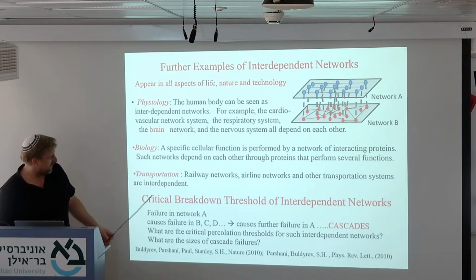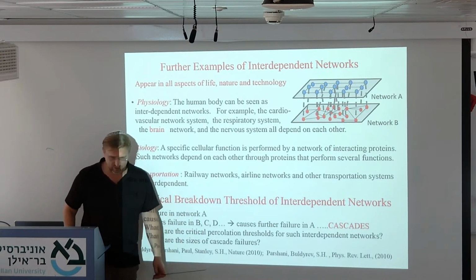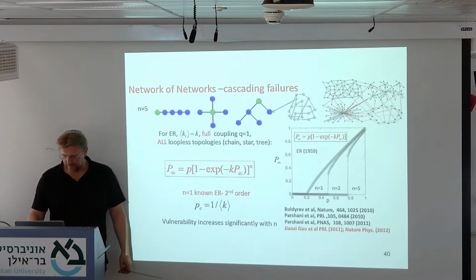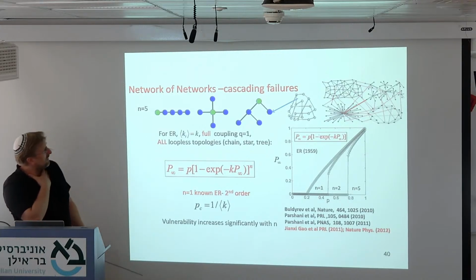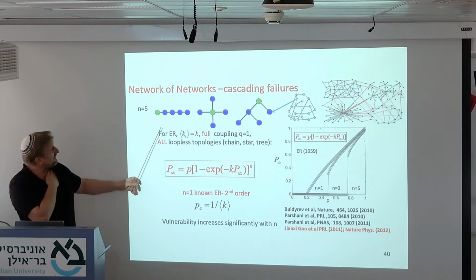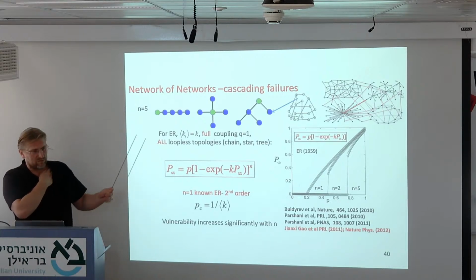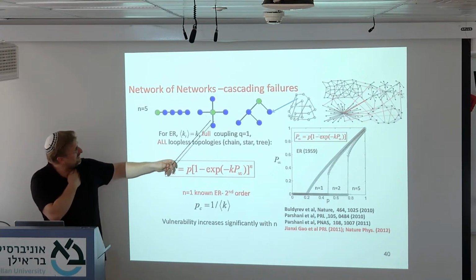And then you have this critical breakdown, or the breakdown threshold, for these interdependent networks that are important to understand. And here is a summary of the work that the group did on these networks of networks. So they basically started to just connect 5 similar networks, right? Okay, so here you can connect them in a line shape,